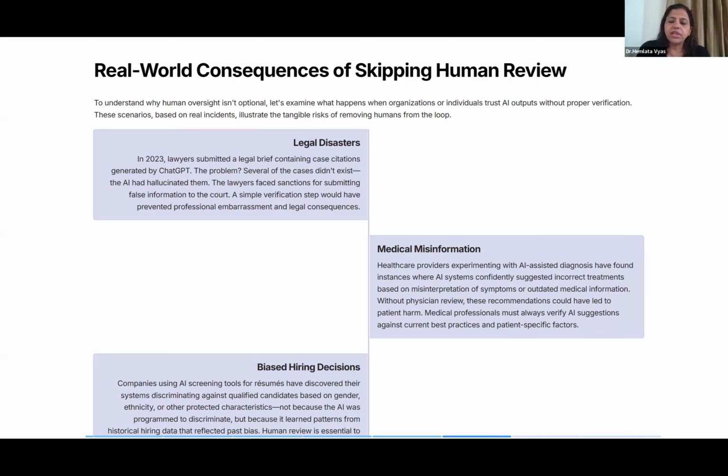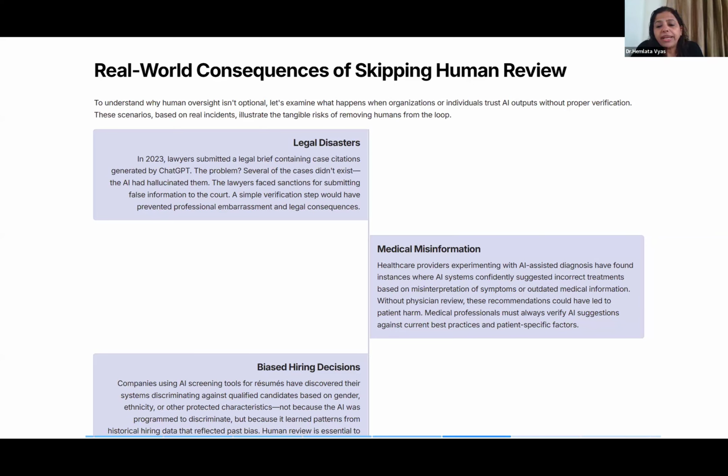But when it was submitted, it showed that the cases did not even exist. The AI had hallucinated them, created them on its own. The lawyers faced sanctions from the court for submitting false information. They trusted that information and did not verify it. So it is very important to verify the information.